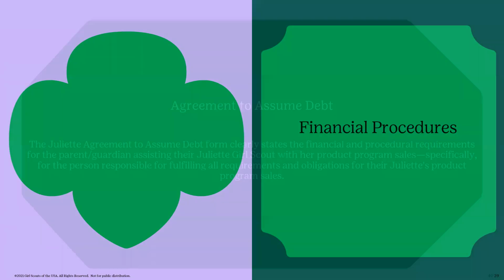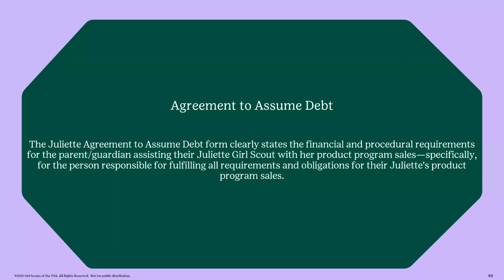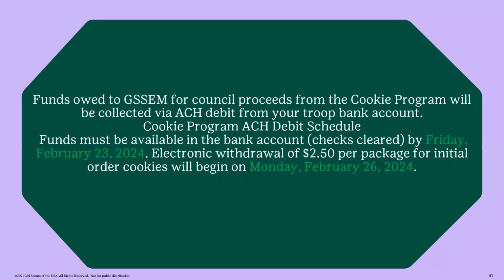Moving on to the Juliette financial procedures. So I've mentioned the agreement to assume debt form and the ACH debit authorization form. The agreement to assume debt form is just to clearly state the financial procedure requirements for the parent and guardian assisting their Juliette Girl Scout with the product program sales, specifically for the person responsible for fulfilling all requirements and obligations for their Juliette product program sales. So agreeing that you're going to pay any funds owed to GSSEM from the Girl Scout cookie program. And then funds owed to GSSEM for council proceeds from the cookie program will be collected via ACH debit authorization form, and it should say Juliette bank account